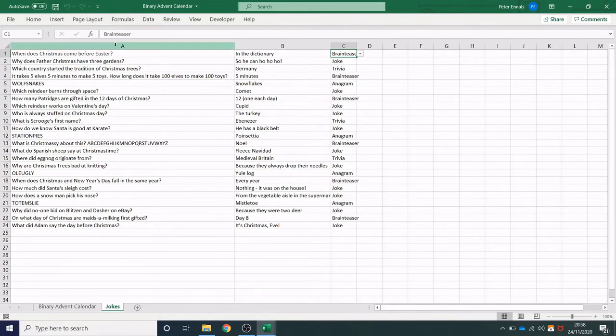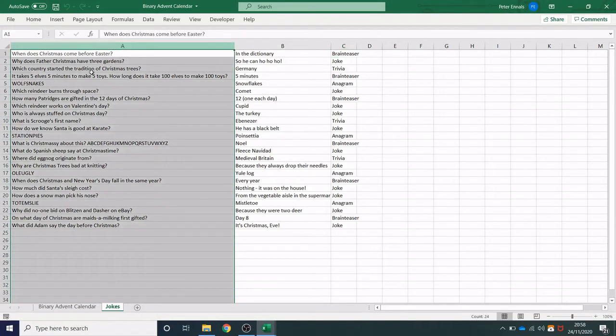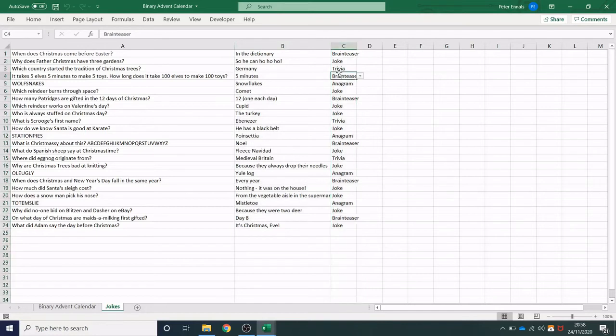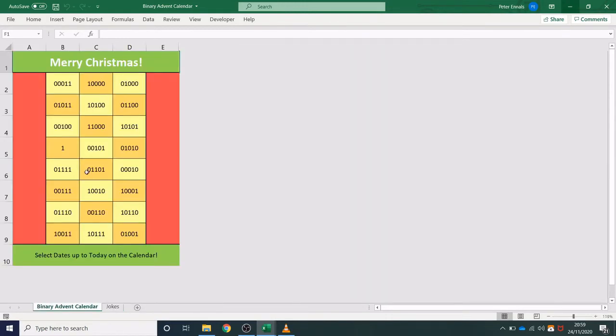I've put it into 3 columns. I've listed the question or setup for the joke, and then I've got the answer or the punchline in the second column, and then finally I've just said what type of question it is, whether it's a joke, trivia, anagram, etc. So if I go back to the advent calendar and click number 1, it pops up and it says